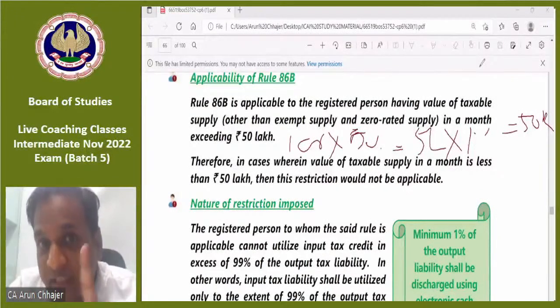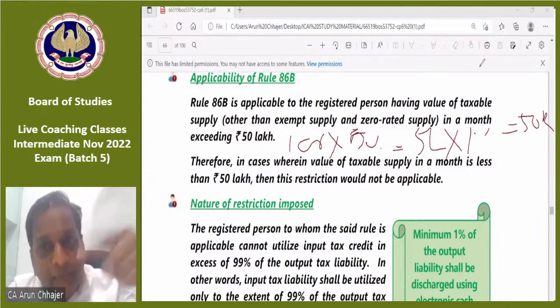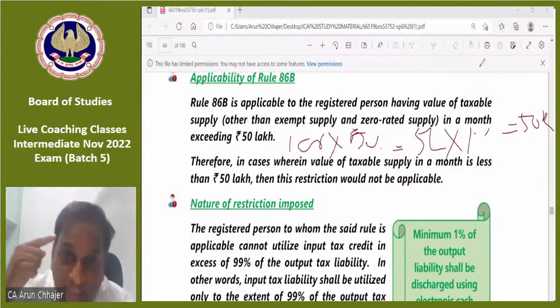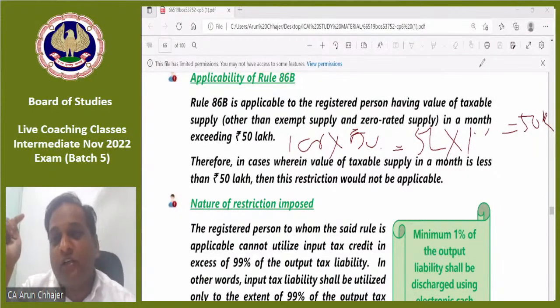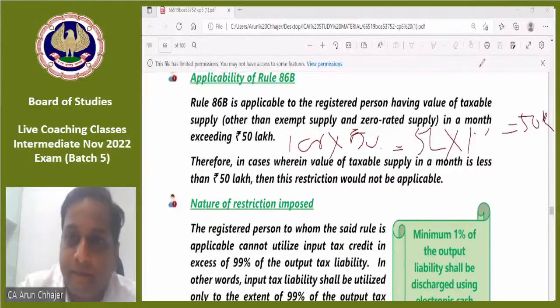So please note one thing. Here they will not ask that direct question. Might be in a bigger question, the gross tax liability is coming more than 50 lakhs. Then in your mind, 86B should click and you have to write accordingly. But there are certain cases